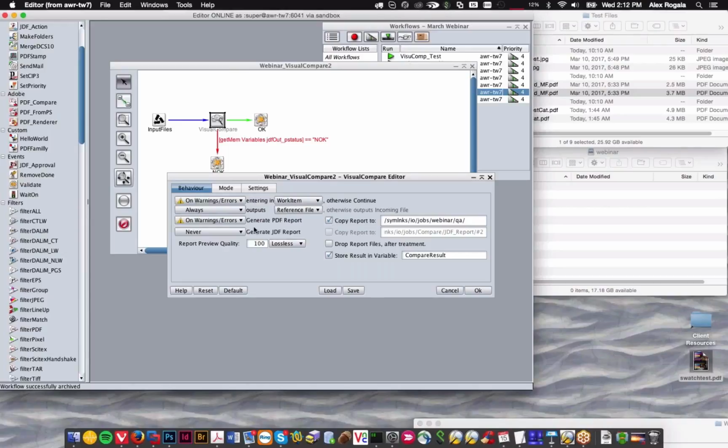Then you can also have, for example, enter in a work item if you need someone to manually approve it in TWiST. You can have it output a report to a location so that you have a difference report of what was different between those files. You can have a JDF generated if you wanted to, and you can even have it,